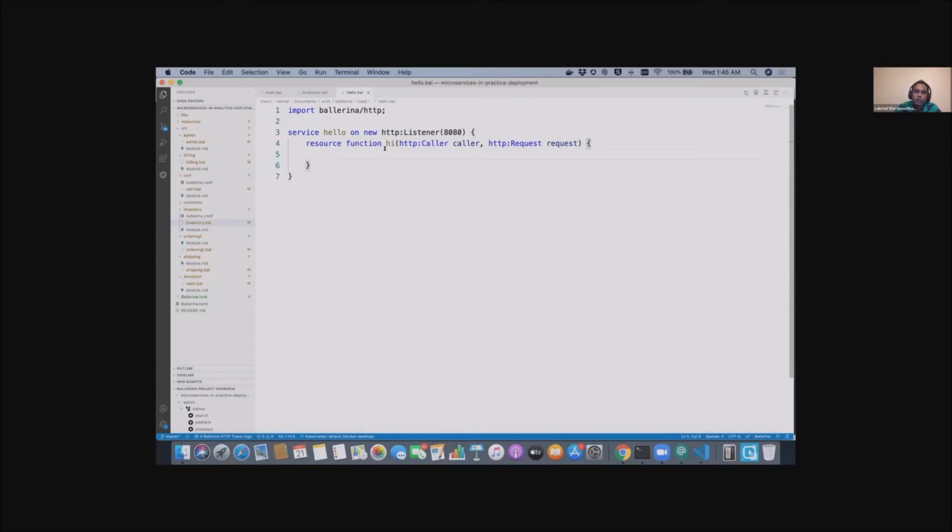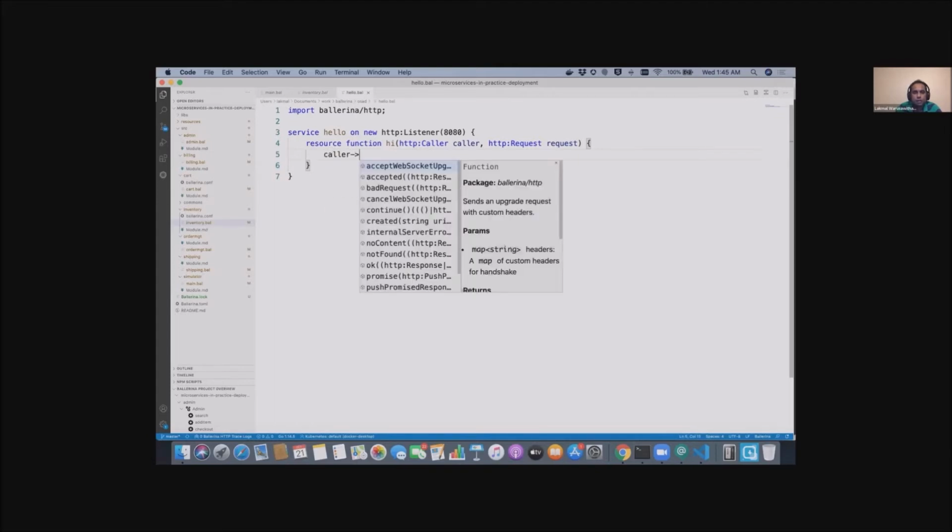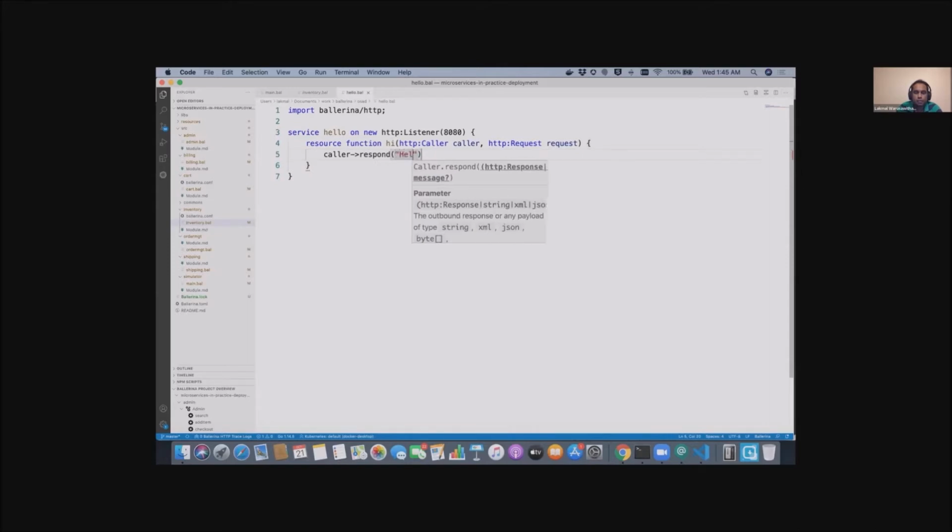Since this is a hello world, I can just return a call response saying hello world. Okay, so you can see there's a red underline.